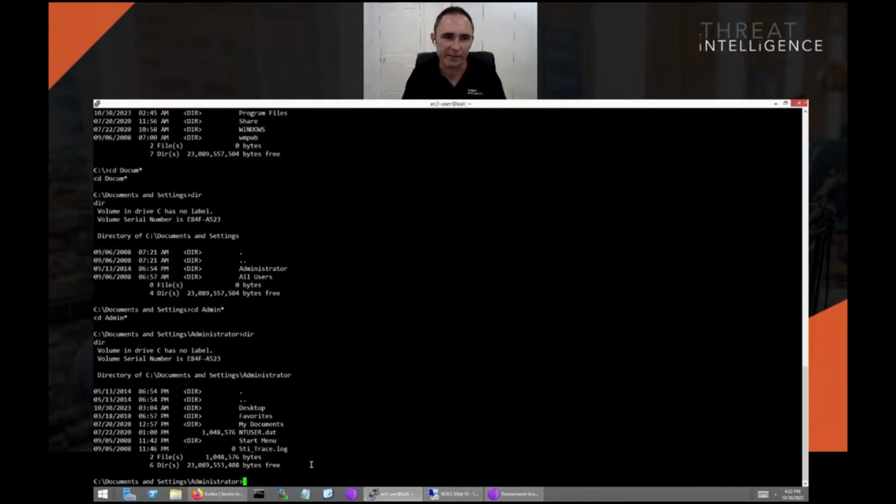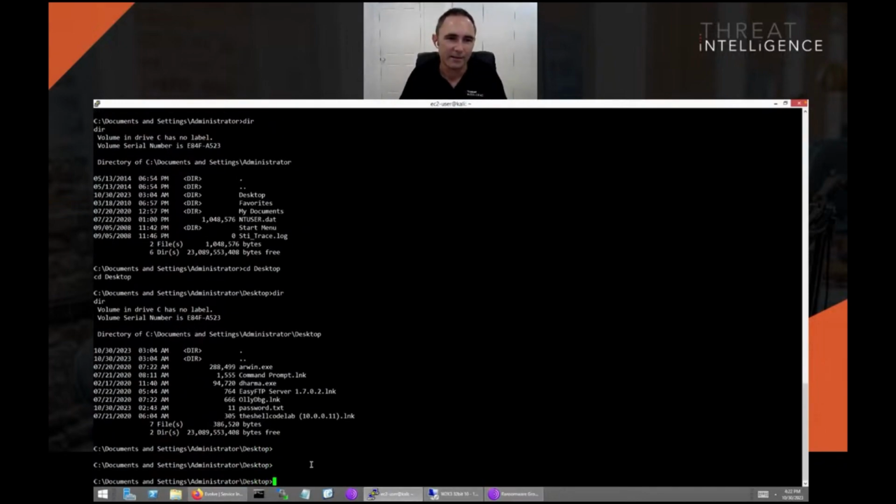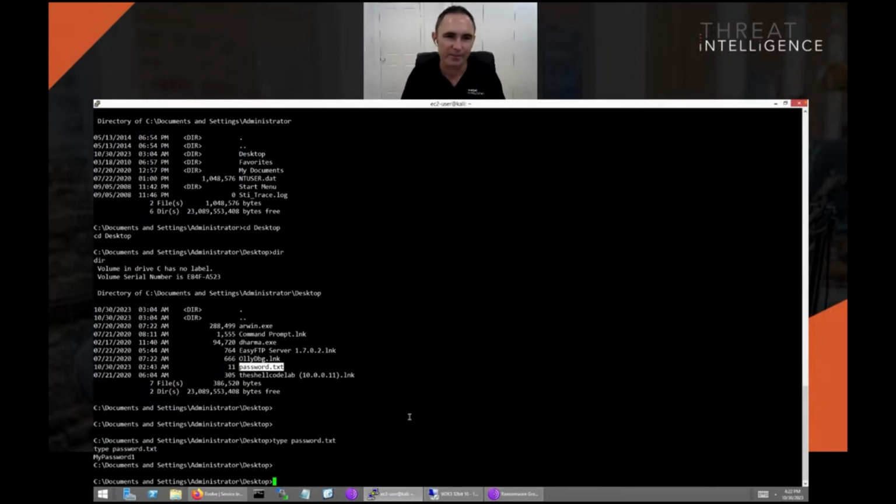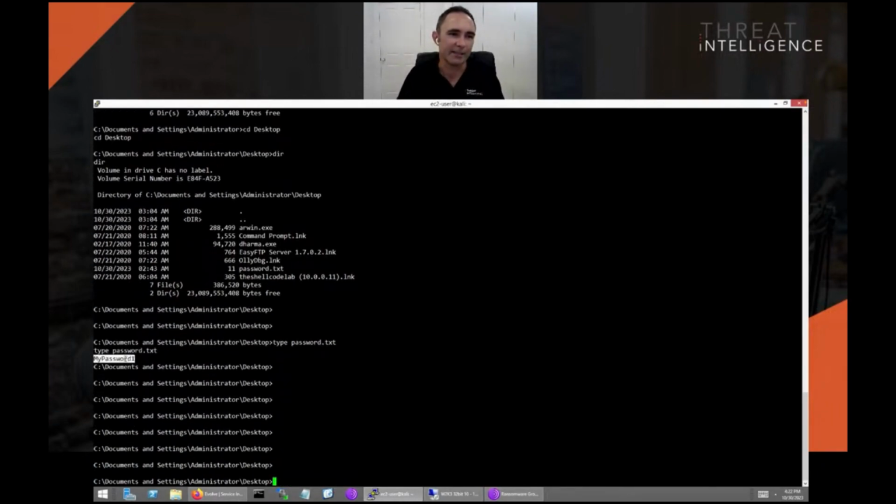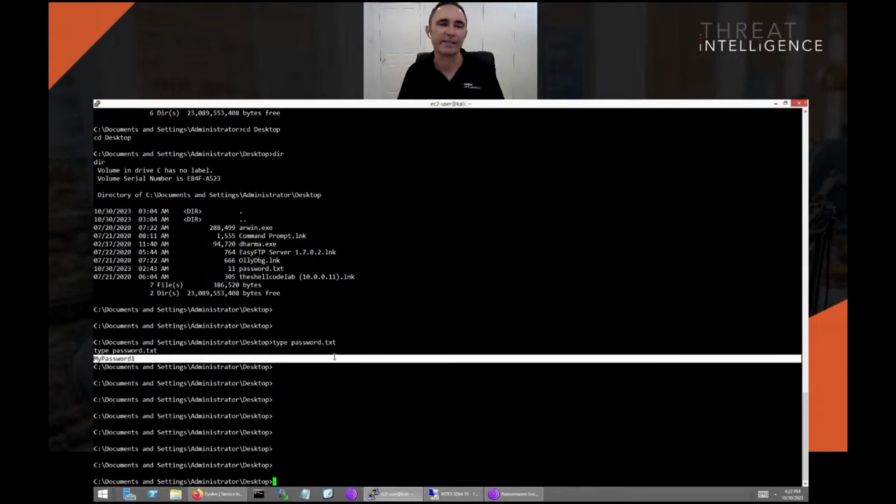So we're going to go into the administrator's account, onto their desktop, and quite often what we'll find during both penetration tests, but also during incident response engagements, is that you have passwords stored in text files. So we found one of those, and so you can see here we've just shown the contents of that file,